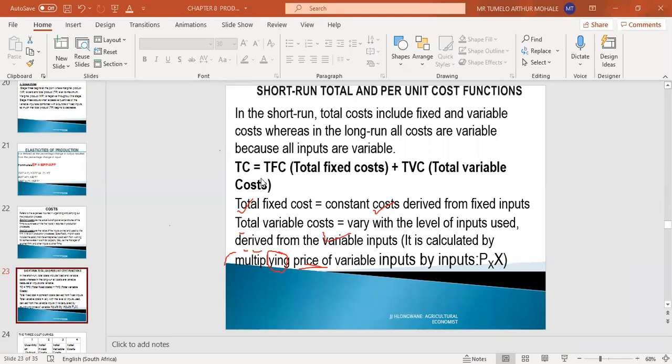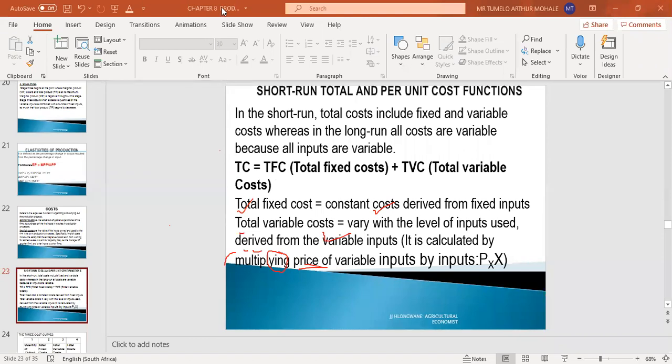Let us continue to another equation, the total cost function. Total cost, we are referring to all the costs that the firm incurred. And all the costs we are referring to here are two. So there are two types of costs, remember, in the company. The first cost is what? The total fixed cost. Total fixed cost, meaning that we are looking at those costs that do not change throughout